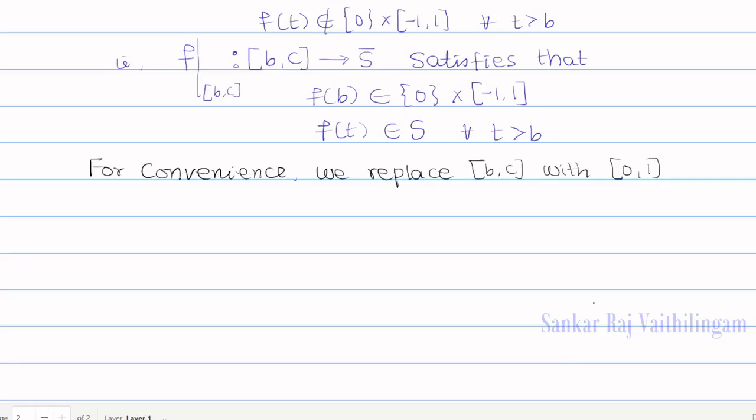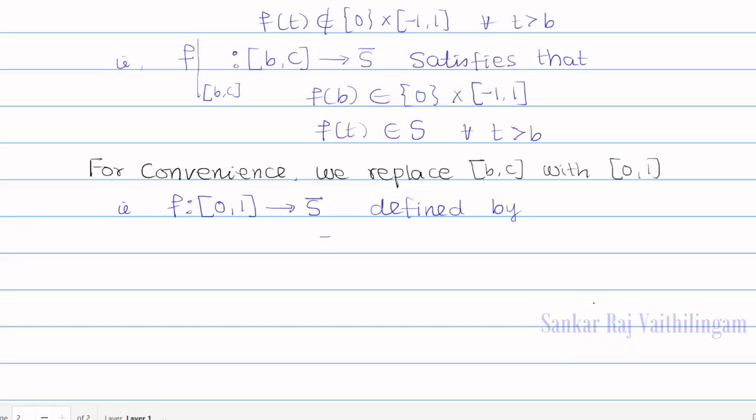From now on, f is not from the closed interval b, c into S closure, it is from the closed interval 0, 1. Let us restate it: f is a function from the closed interval 0, 1 into S closure, defined by